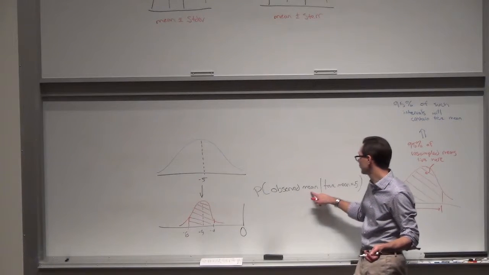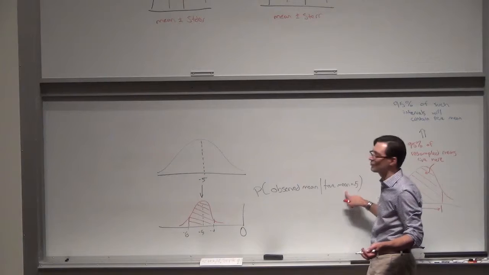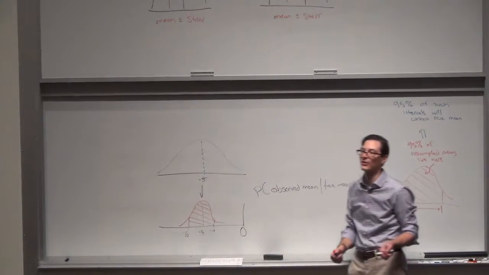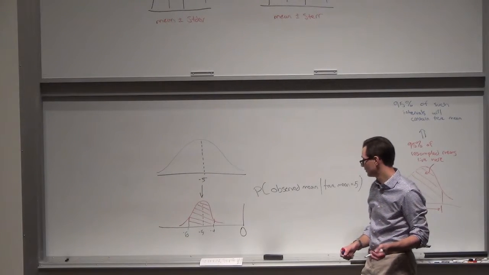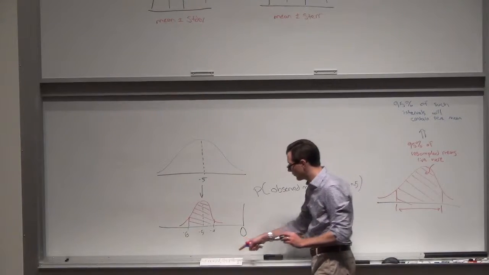What's the probability of observing a mean of that sample of any given value, given that the true mean, the thing that we're sampling from, has a true mean of 5 kilograms lost? So that means that we can read out